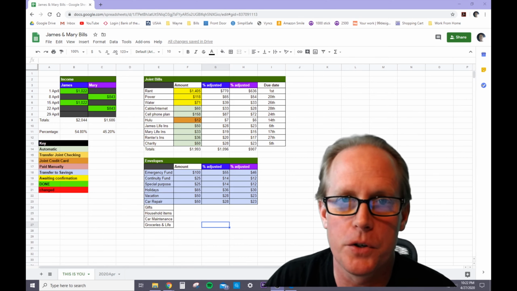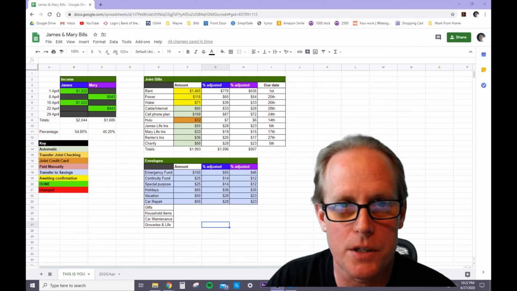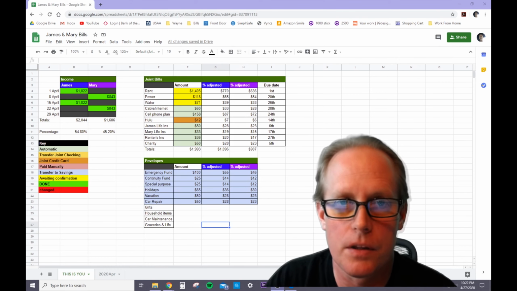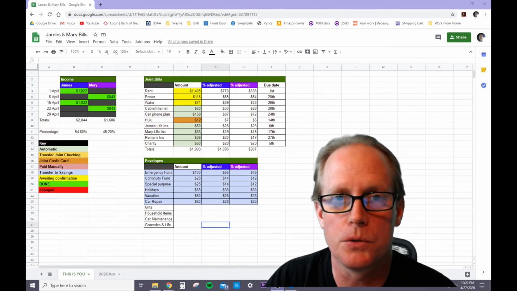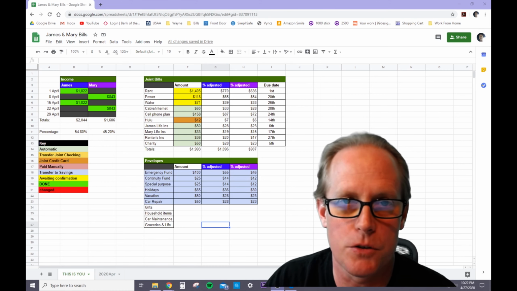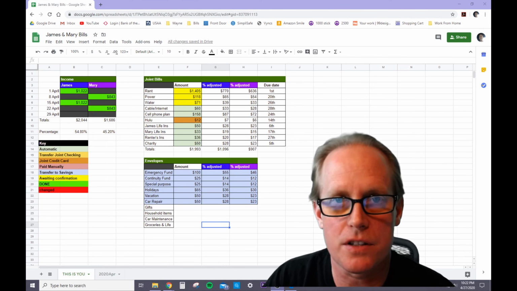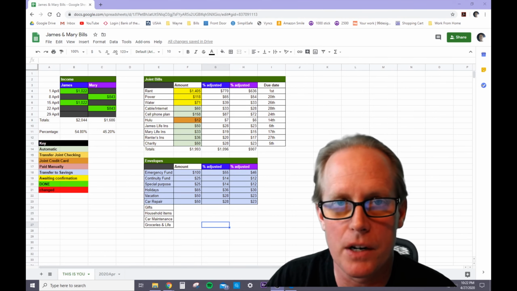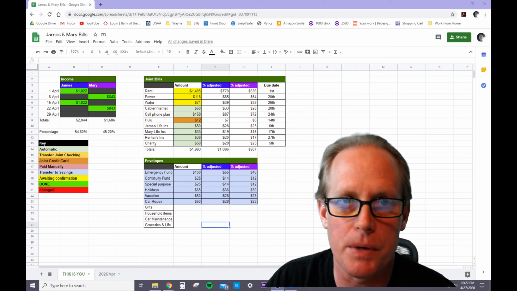But this is all of your food, eating out, everything. This is going to be a lot higher number than you really want it to be unless you are really just eating peanut butter and jelly and ramen noodles. The best way to do this is to start with a number that you think it is and then go from there. And as you go month to month, you'll be able to adjust this spreadsheet and see what works and what doesn't. If you need a bigger number, you can raise that number up and see if you need to make adjustments anywhere else in the spreadsheet.